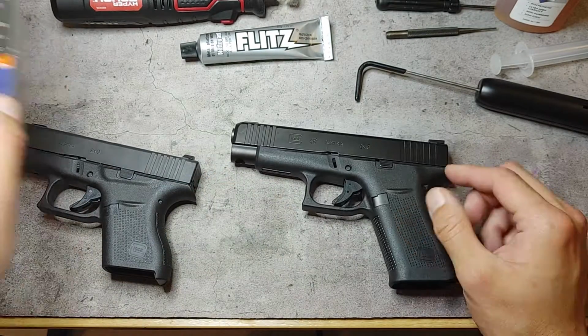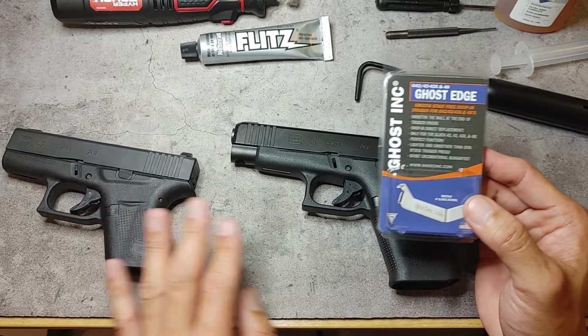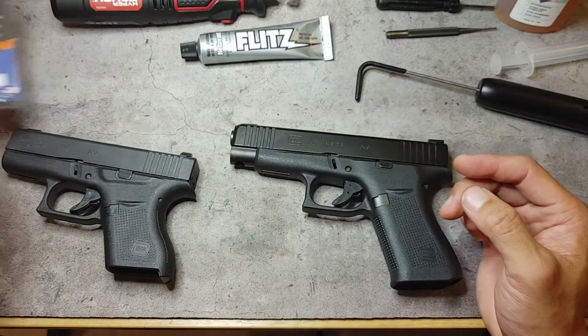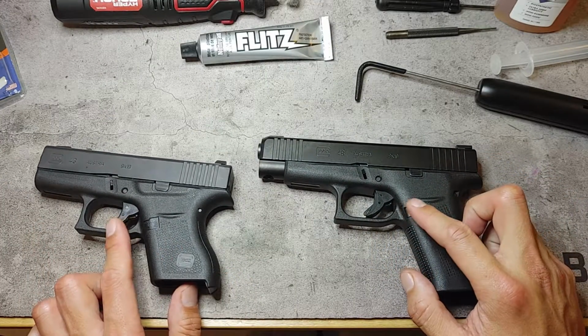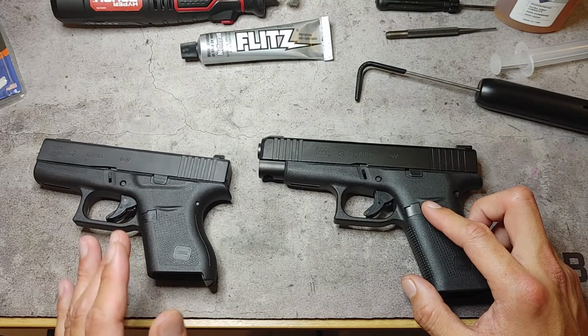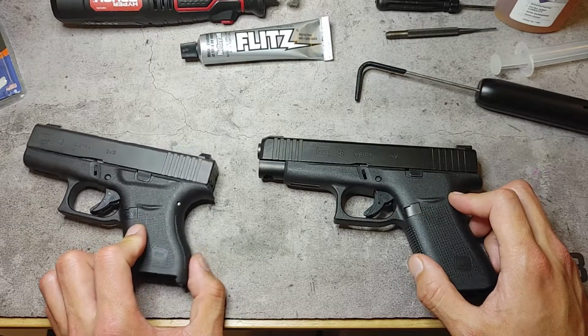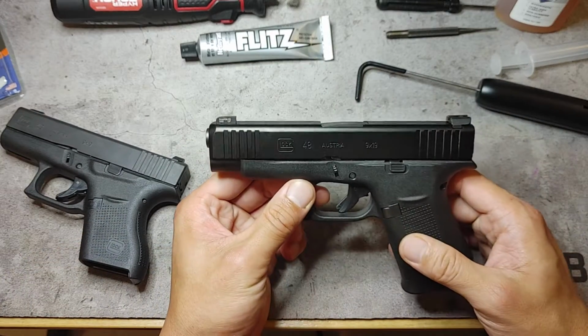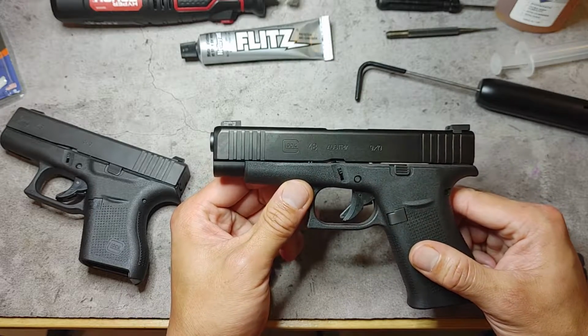So like I mentioned, I got the Ghost Edge connector. First I put it in the G43, then I put it in the G48. Did not see the same amount of difference in pull weight between the two. The 43 was lighter, and maybe that's because it was secondhand and already been shot a bit. I don't know 100%, but the other thing that you can do is what is called the 25-cent trigger job,